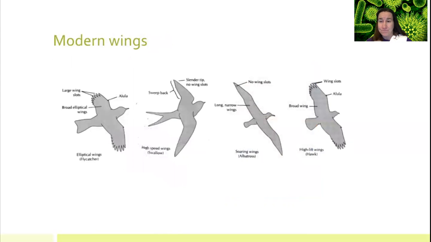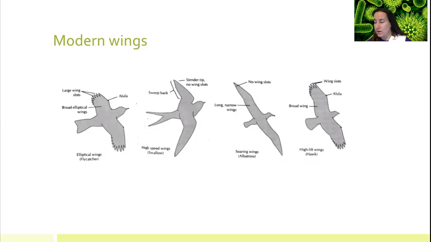The different forms, they are just like they've got different beaks. They have evolved different wings, and the way that they are evolved has to do with, what are they doing in their daily life? What are they eating? Where do they need to go to do the things that they need to do?